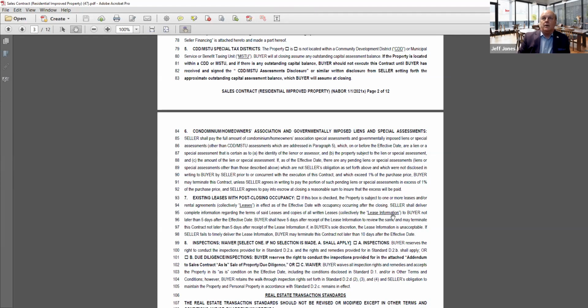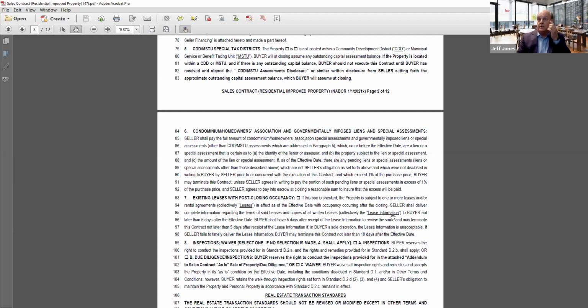And so, I have seen cases where the listing agent doesn't inform the seller they're going to have to make all those good at closing. That can be a source of great angst for the seller. So make sure you understand, if you're on the listing side, anything to do about assessments. If you're on the buy side, you want to know if there's any assessments being considered, not yet voted on,